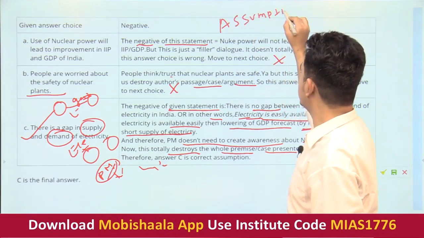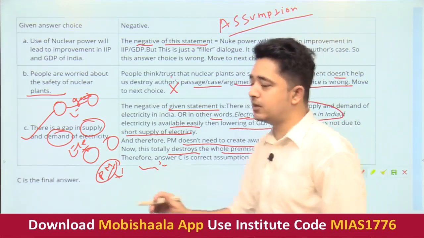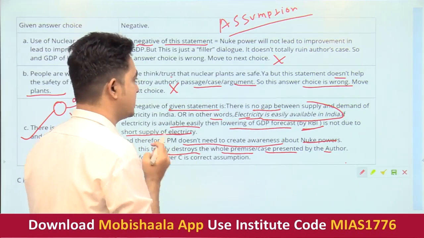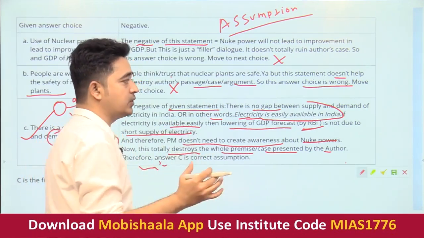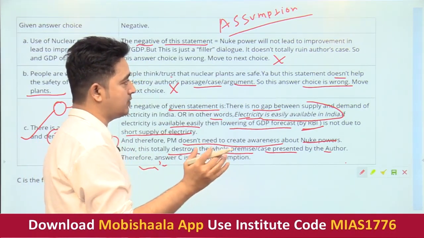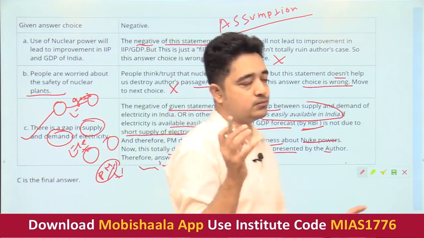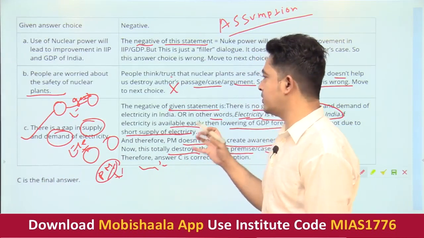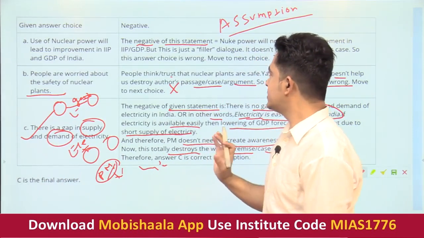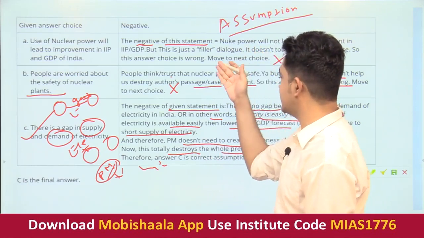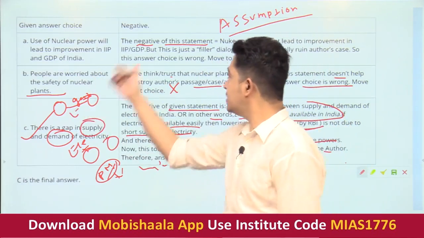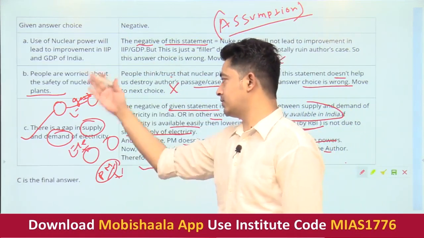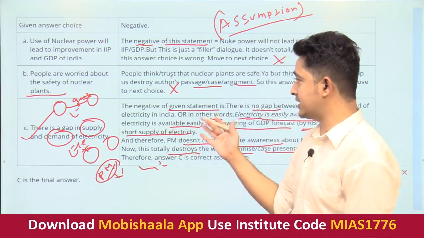Almost 10 to 12 passages every year in UPSC comprehension are of the assumption question type. Assumption means what the author is trying to convey. So you have to understand. To catch a thief, you have to think like a thief. Similarly, what were the author's assumptions in the passage? We have to think it out by making a chart, to decide which one could be the best possible answer.